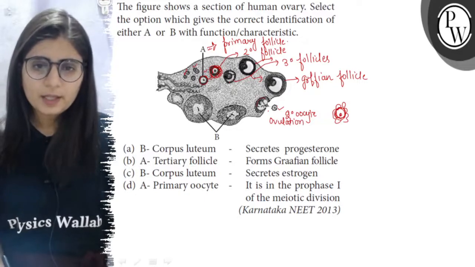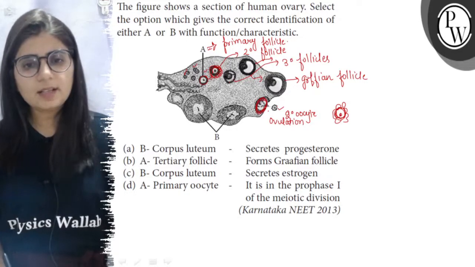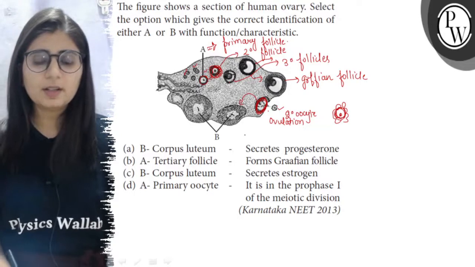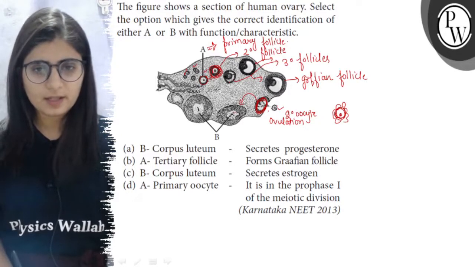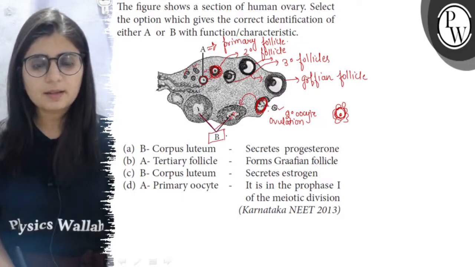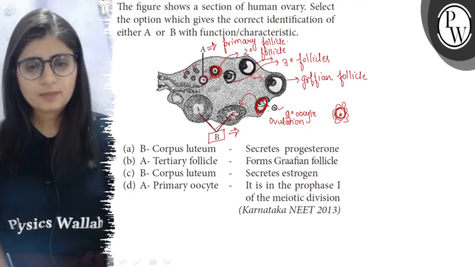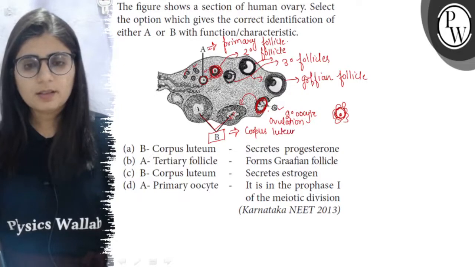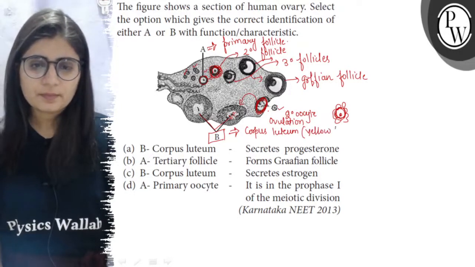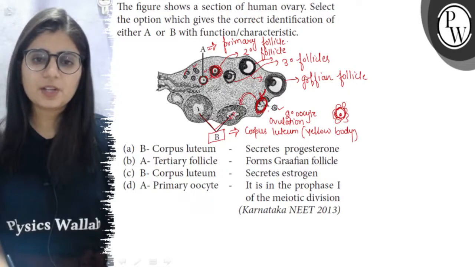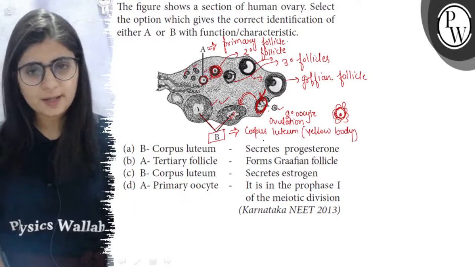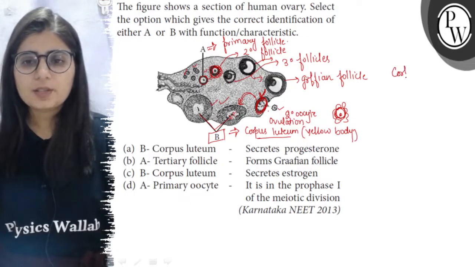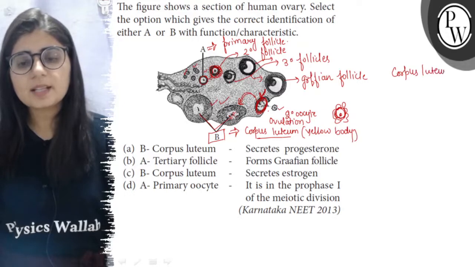Now the part of the follicle which is still inside the ovary will get converted into a yellowish structure where the cavity had some blood clots and carotene pigment. Now these structures, which are represented by the B alphabet, are known as corpus luteum or the yellow body. So after ovulation, the empty Graafian follicle changes into the yellowish structure known as corpus luteum. Now this corpus luteum acts as an endocrine gland.